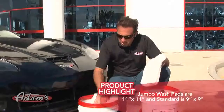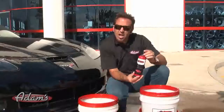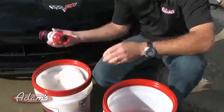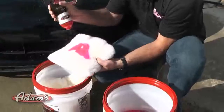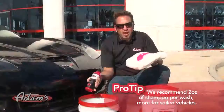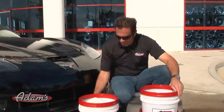Well, the jumbo wash pad and the standard wash pad, I put in one bucket and then I take our car shampoo and I put the wash soap directly on to the wash pad and then onto the second wash pad. You want the soap in the wash pad. It doesn't do any good in the bottom of the bucket. Then I go ahead and put the wash pads in the bottom of the bucket